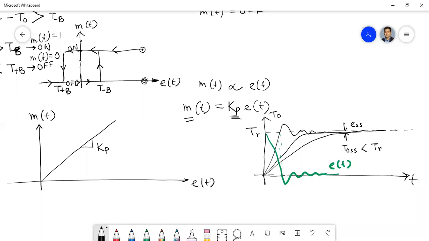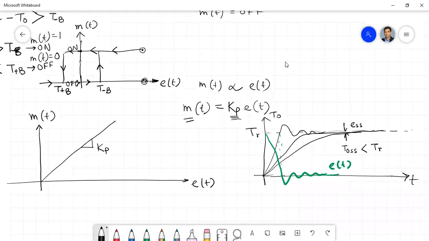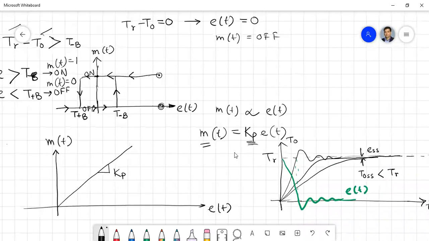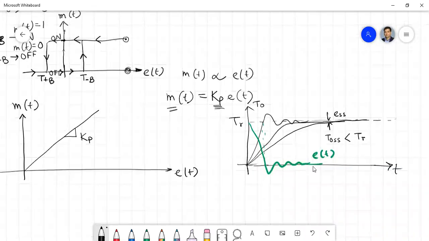As ET becomes less and less, the actual voltage to the system, to the process, will be less. But in the previous case, irrespective of ET, it is always the rated voltage, because the switch can be either on or off. As long as it is on, full voltage goes to the system in the previous case. But here the voltage is not fully applied to the system. How much voltage will be applied to the system will be decided by the ET itself.